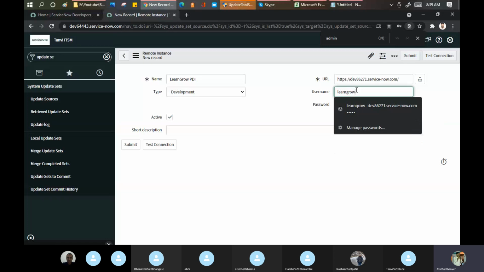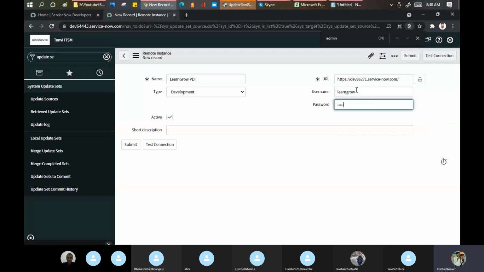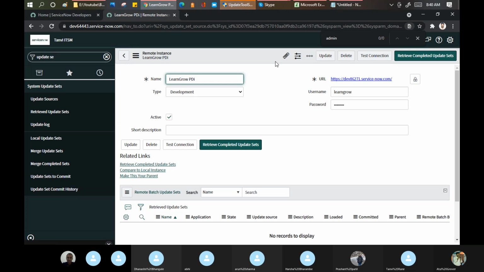I'll put the username. Are you understanding this point? It is basically building a connection with the proper authentication I'm giving. If you put the wrong password, it will not work. First we'll put the right password. Any short description you want to put, otherwise click save. Now let's test the connection.